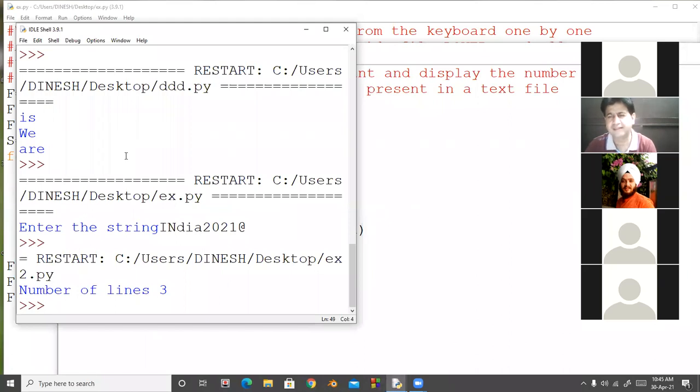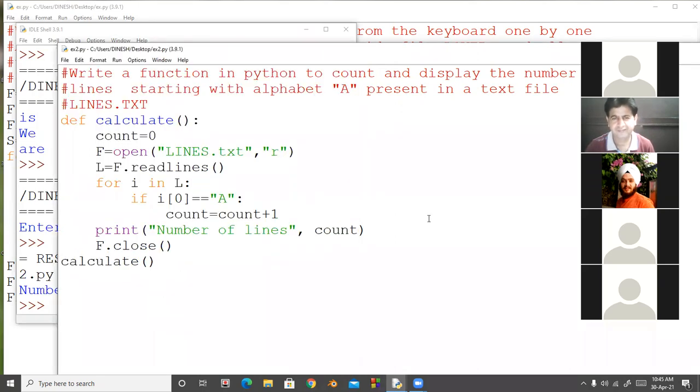Look at here, number of lines, 3. So if you have any doubt, raise your hands. Bhumika, yes sir. Any doubt in this, beta? No sir. Concept clear? Yes sir. Avi, yes sir, any doubt in this? No sir.